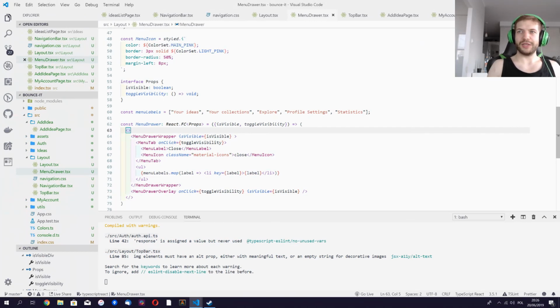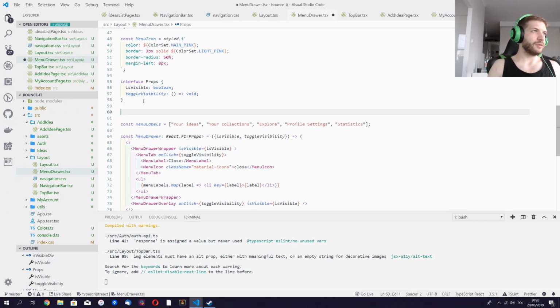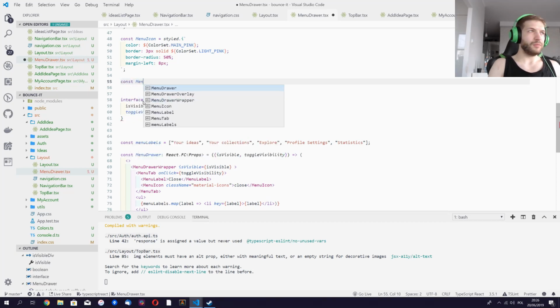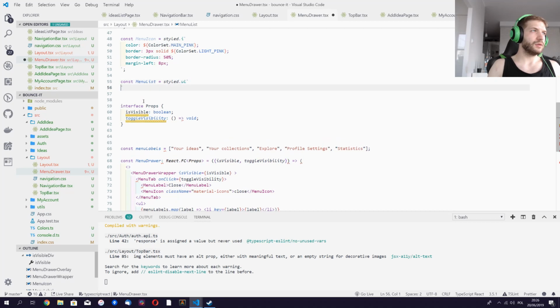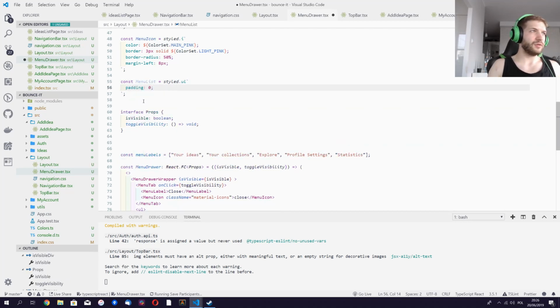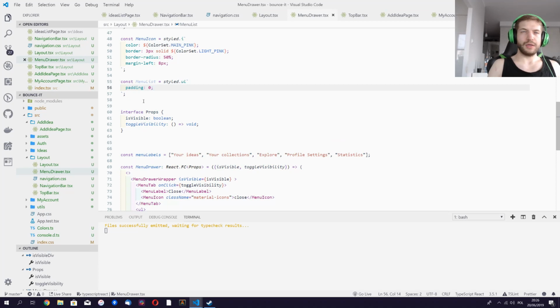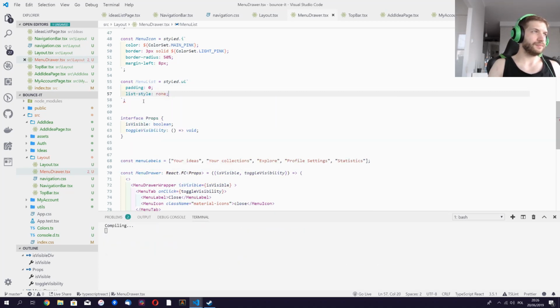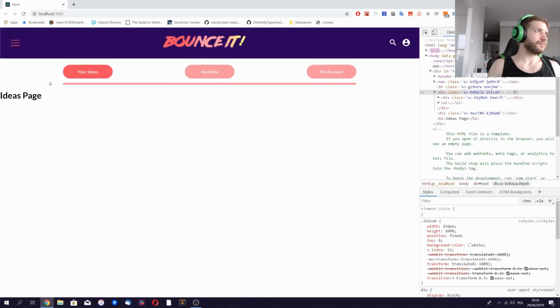So we'll create 2 styled components here. It's going to be menu list, it's going to be styled UL with padding set to 0 and list style none. Okay,